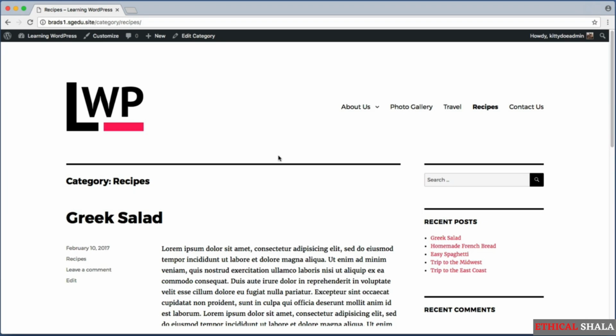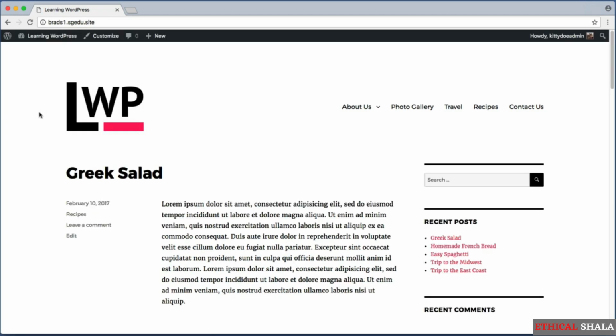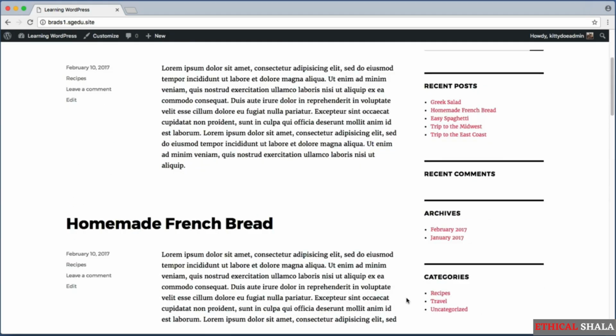Now at this point you might be thinking to yourself, okay, so I'm starting to get the grasp of things. Now I know how to create a dedicated page for only recipe blog posts, and I have a dedicated page for travel-related blog posts. Your next thought might be that maybe you don't want your home page. So if I click this logo to go back to my home page, now maybe you don't want your home